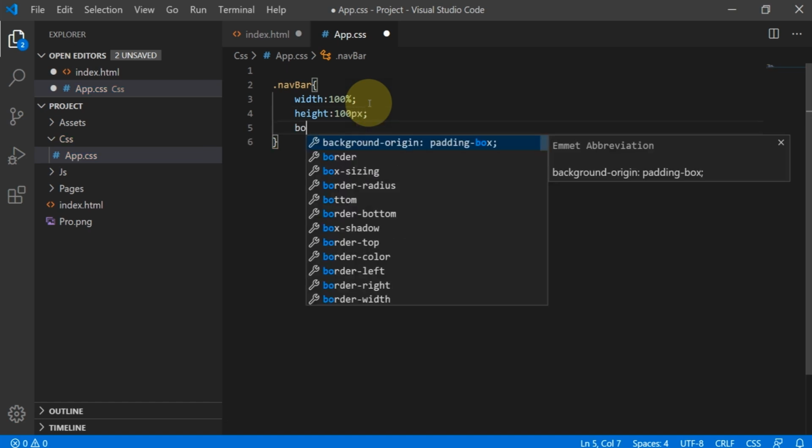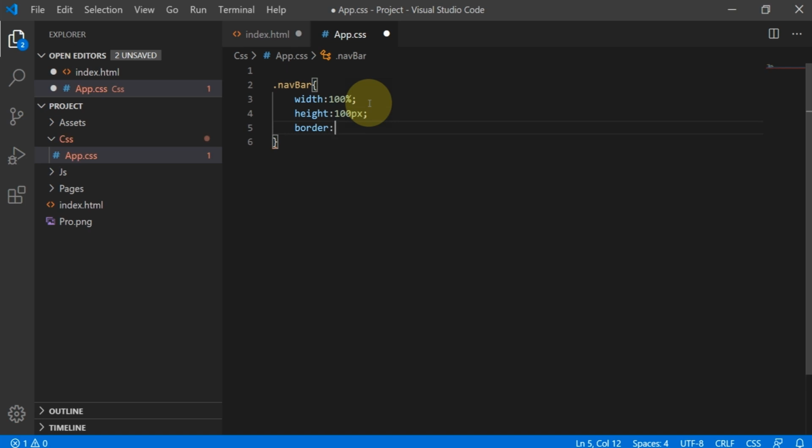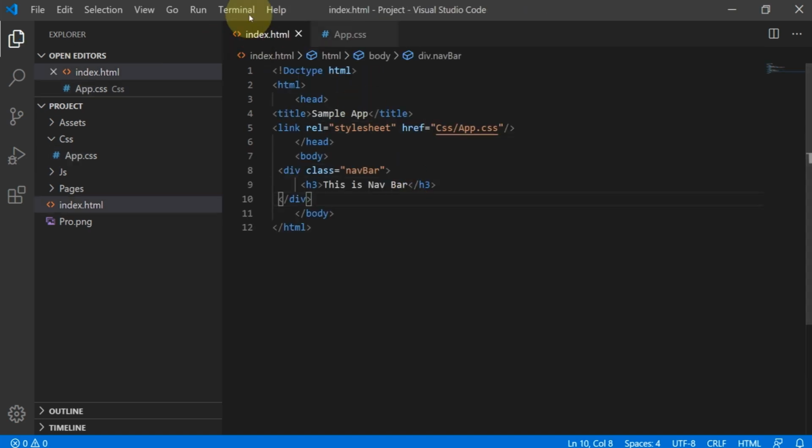Next I'm giving a border to this element. The first parameter is border width, the next is border style; the default is solid, a normal line. Next is the border color, and I'm giving red. Let's see the execution.